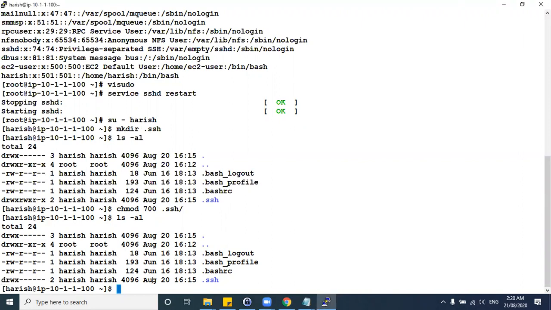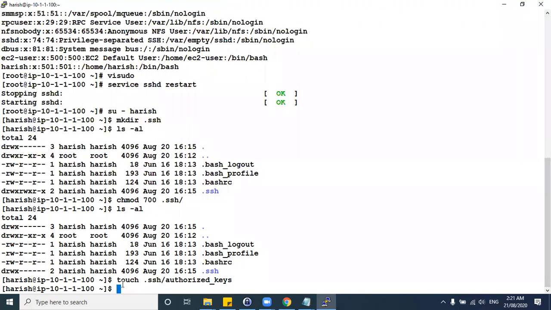Now, once you have created the SSH folder, you need to create an authorized_keys file inside this .ssh. So make sure you type the spelling correctly. If the spelling is not correct, or if you type s instead of z, then it will not be recognized. So make sure you either copy and paste it from a Google search after typing authorized keys, or you type it correctly.